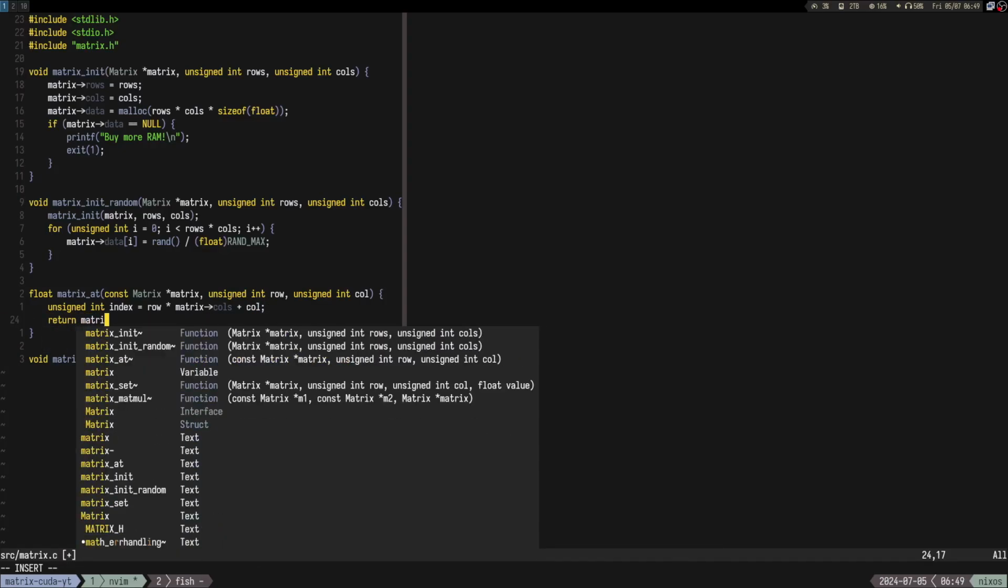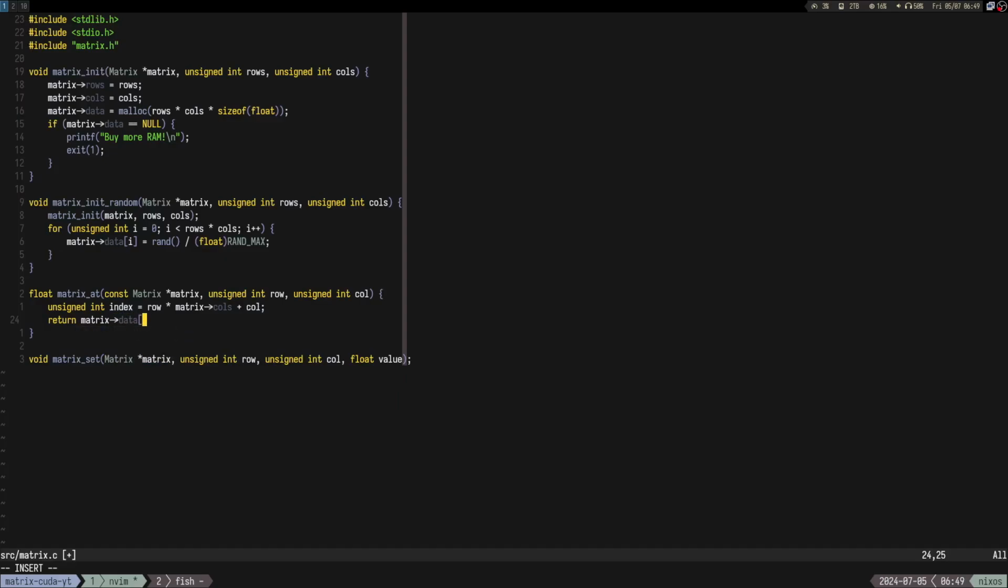Return index. So this will give us the element from row and column. And I guess setting that value is kind of the same, except that instead of returning it, we set it. Makes sense,